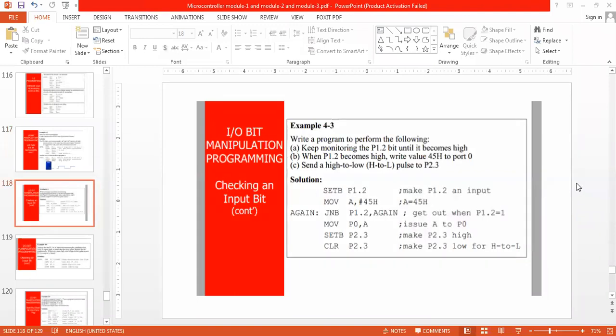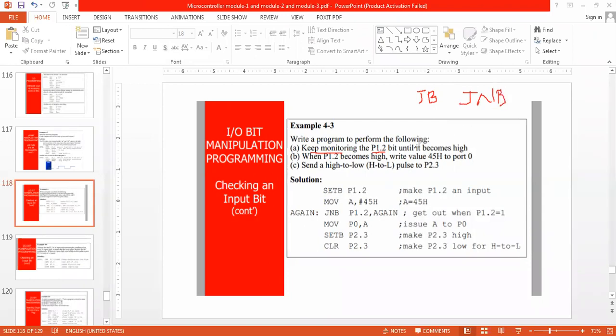So now one more program we left. Write a program to perform the following. What are the things we have to follow? Keep monitoring P1.2. I have two instructions for monitoring, JB and JNB. Whichever is required, I can utilize.